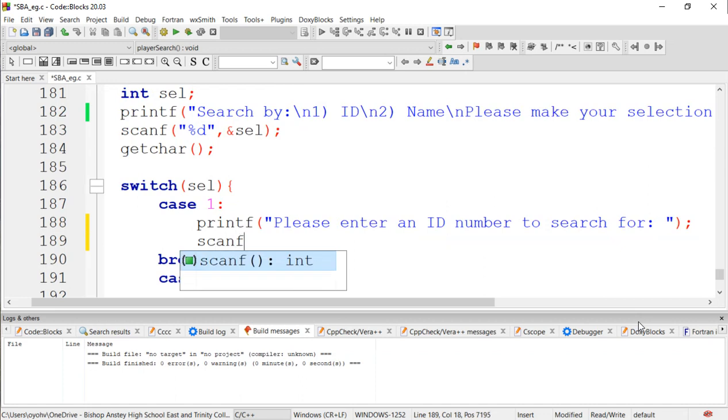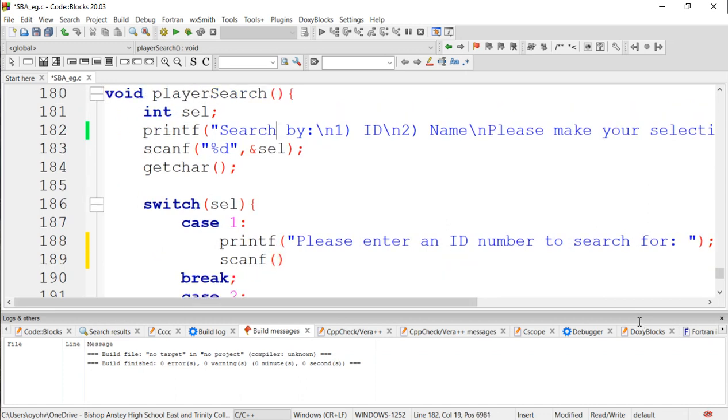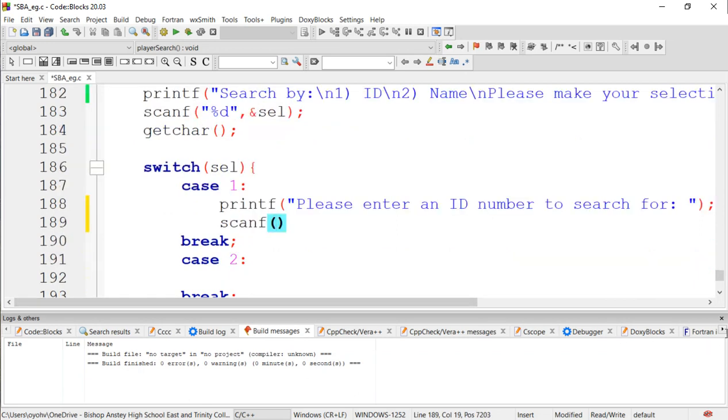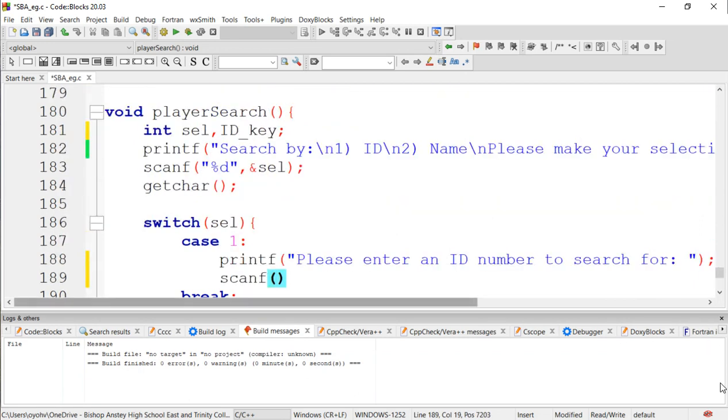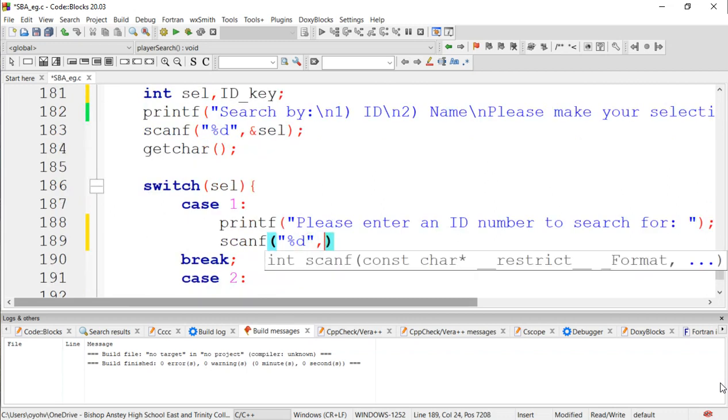scanf, and we have to name this ID number. So we could name it ID key. The word key is used whenever you have some search key, so let's keep with using it. So we're storing what the user put in into ID key, %d, ampersand ID key,